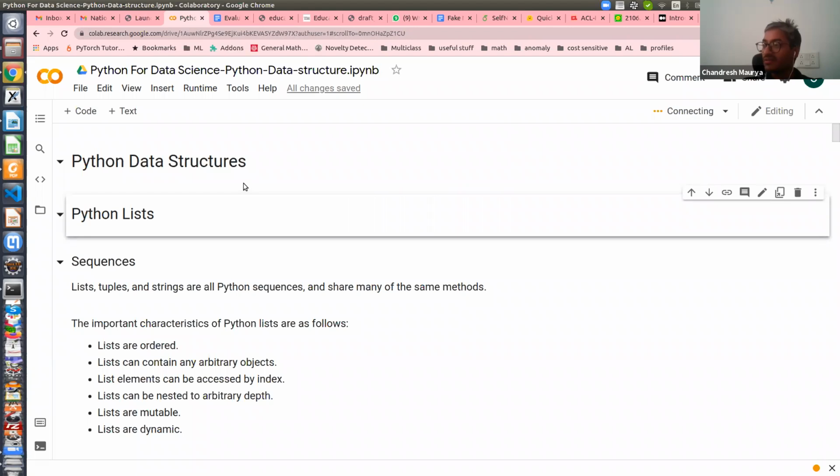So welcome everyone. I hope you are comfortable running Jupyter Notebook under Colab. So people know how to run Colab notebooks. Yesterday, I hope they introduced how to use Jupyter Notebook.